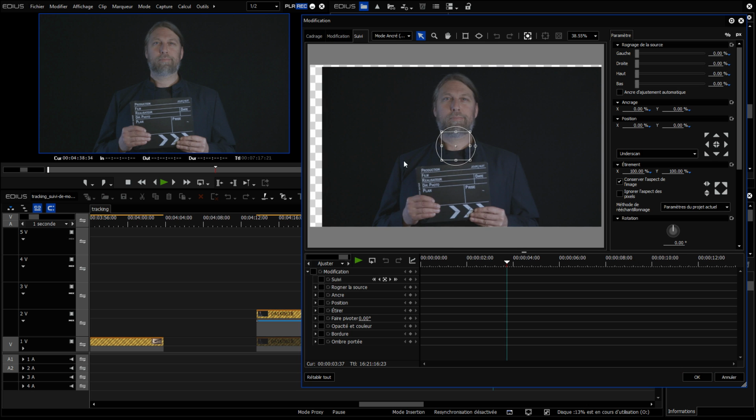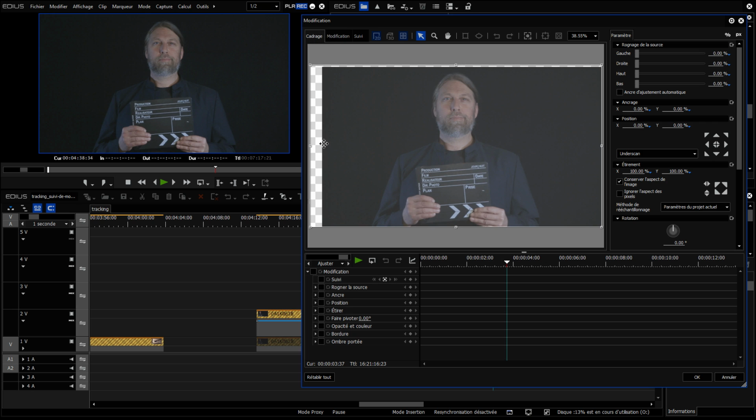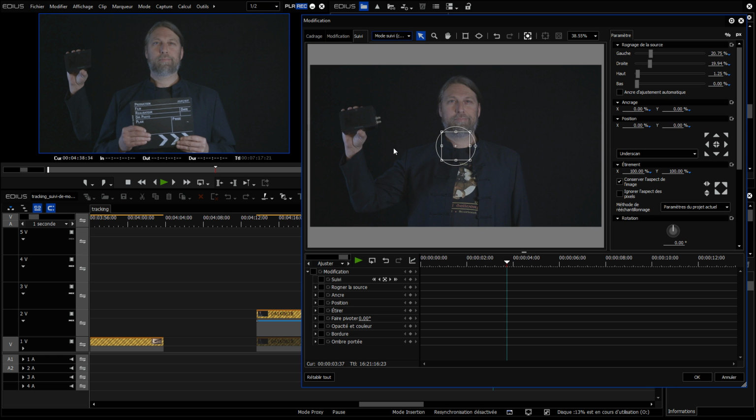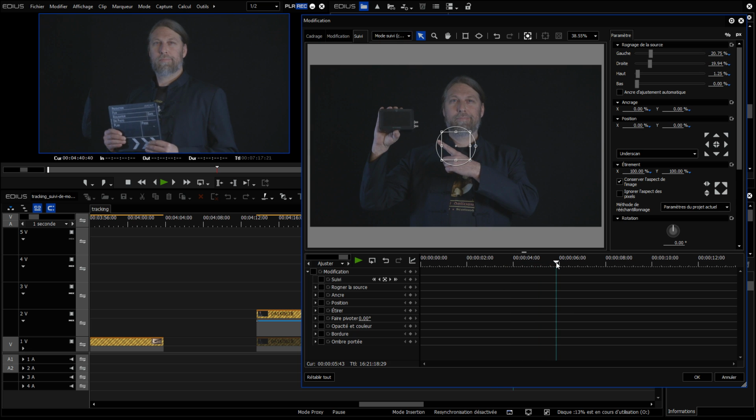and I click on Tracking, and we see that the clip is not filling out the frame. At first, I can crop my image a little bit to avoid having these borders. I click on Crop, and crop the video. This time, I'm going to use Chase Mode again, and search for a moment where the object can be seen straight and very clear.